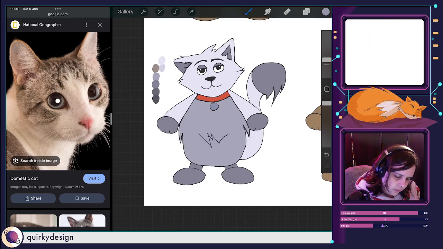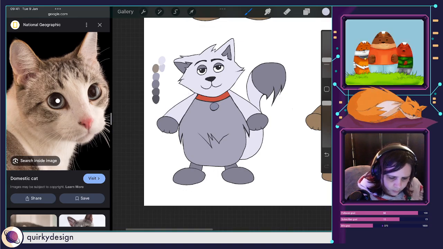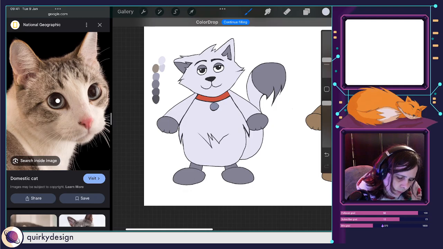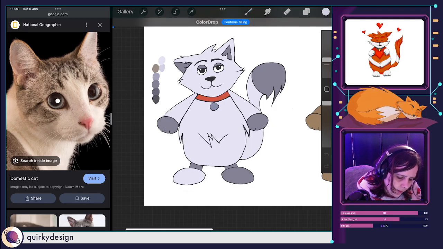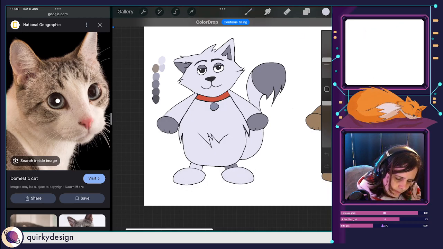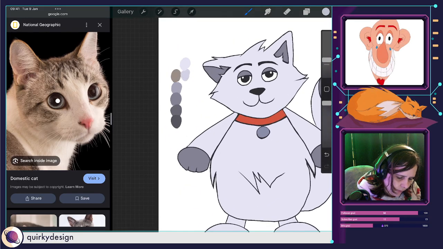I think I might just leave him white with some grey details on. I feel like that might work quite nicely. I like the eyelids being that greyish colour. But instead of using that, I'm probably going to use a bit of a darker.